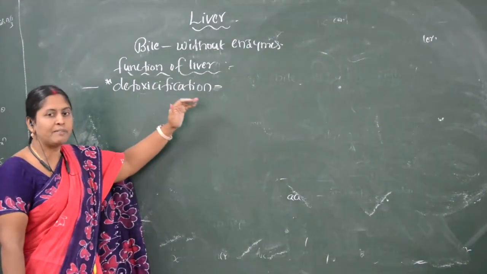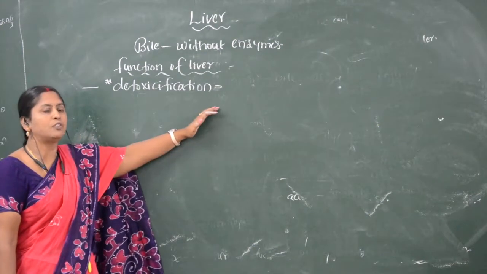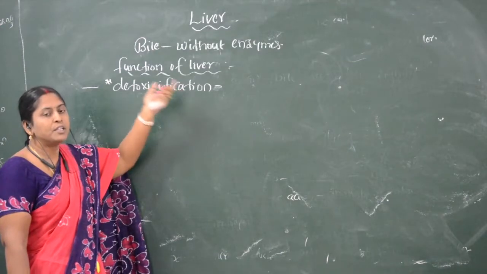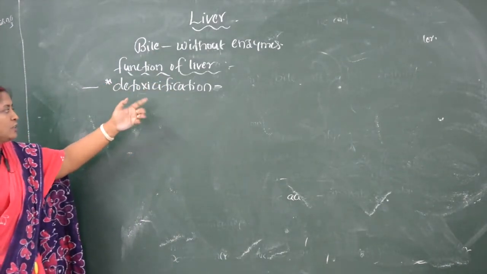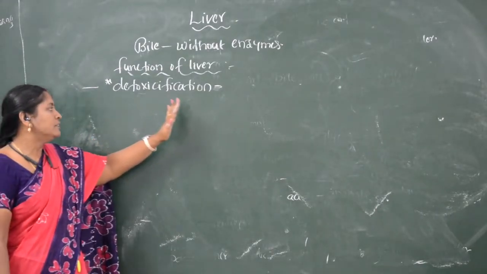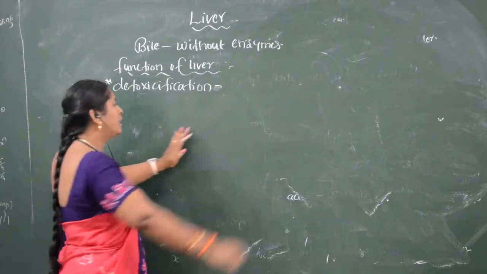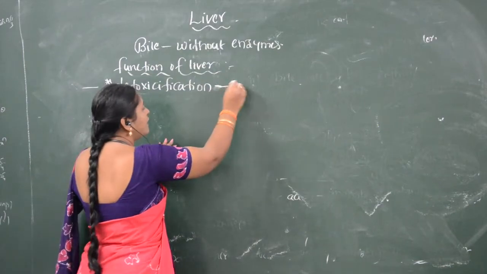What prevents them is the liver. Before entering the blood circulation, the food particles and the water enter the liver